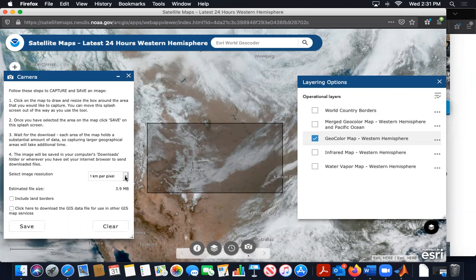It's not, North Platte's not that big. So it would show up at very low resolution. We can't go any higher resolution. That's as high resolution as it goes. We can go lower resolution with bigger numbers, higher resolution with lower numbers. We'll keep it at that. 3.9 megabytes. But we could also download the GIS data, which includes in the picture the